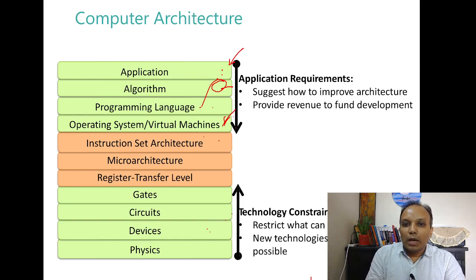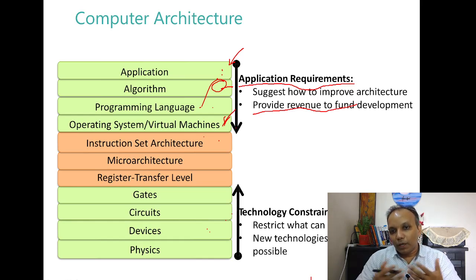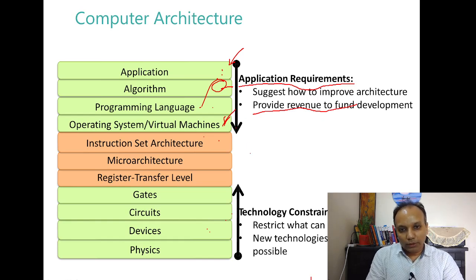And also these applications can be very attractive. For example, let us say you say that we will solve the problem of autonomous vehicles. When you come up with this application, there is a potential of getting a lot of funding to solve that problem. Many people will be interested in solving the problem of autonomous vehicles. Once this application is there, you can raise funds, and using that funding you can do research in all these abstraction domains, so that you can solve that problem.